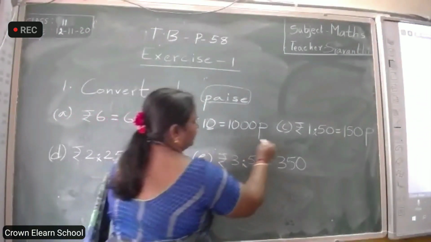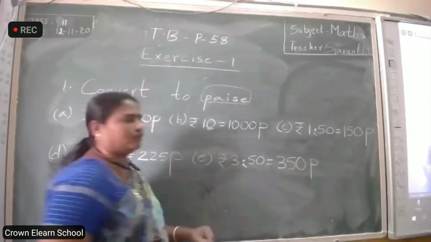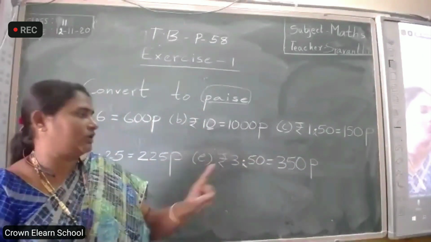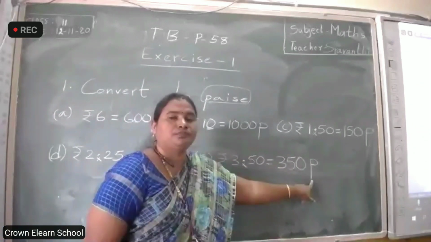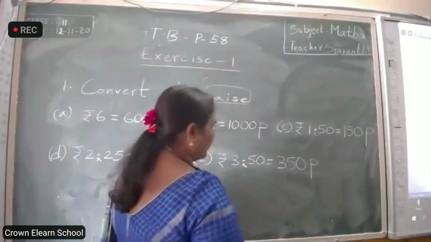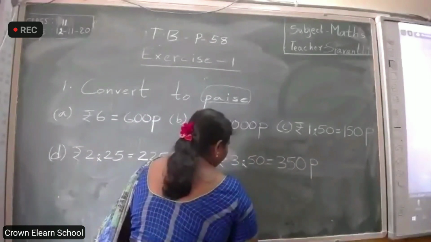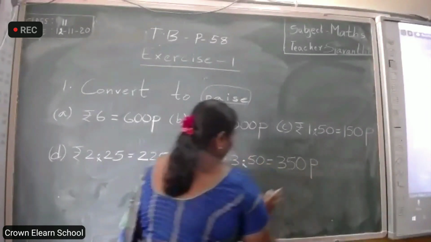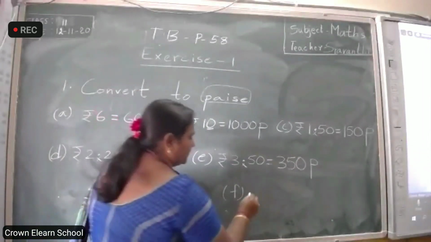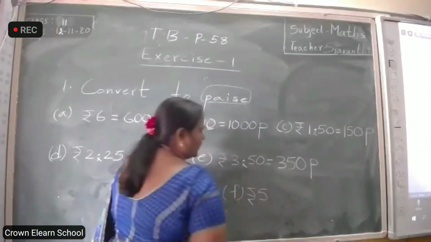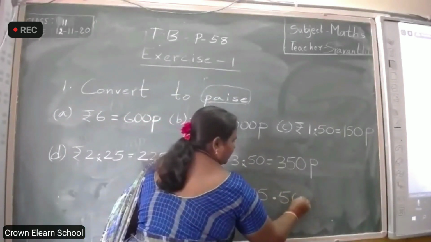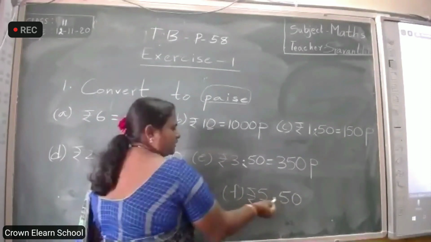Okay. Rupee symbol to paise symbol. You know, must and should. Changing the symbol also. Okay. Have you done this? See the last one, F. You have here F sum. Can I write here now? I don't have place. I'm writing here. Okay. F. What is that? 5 rupees. How will you read? You have to read 5 rupees 50 paise.